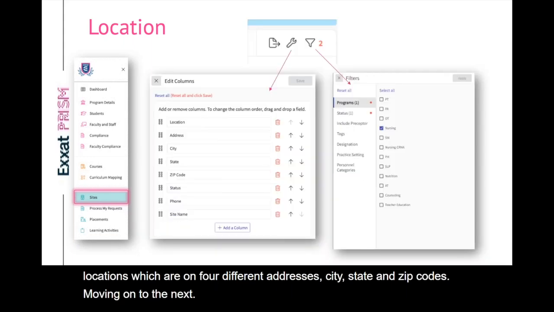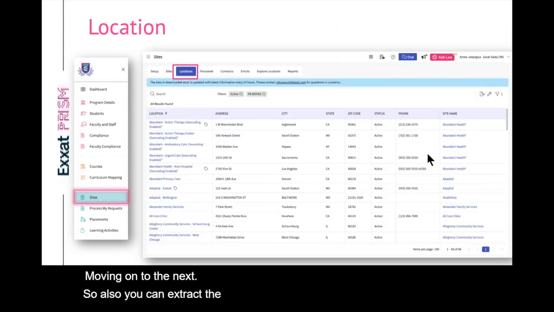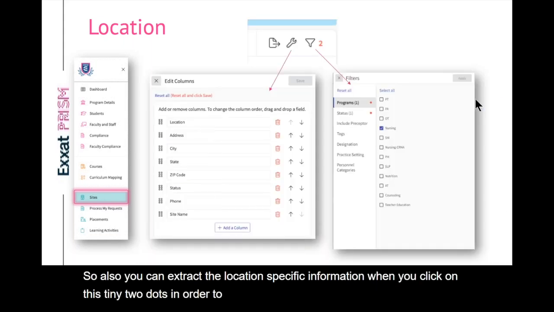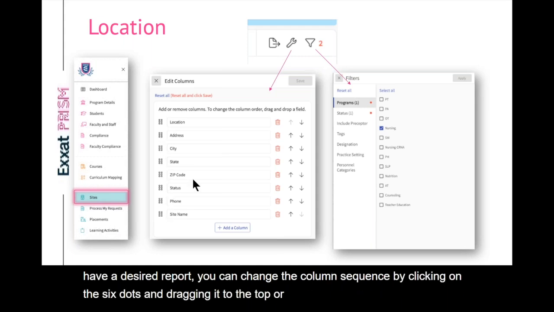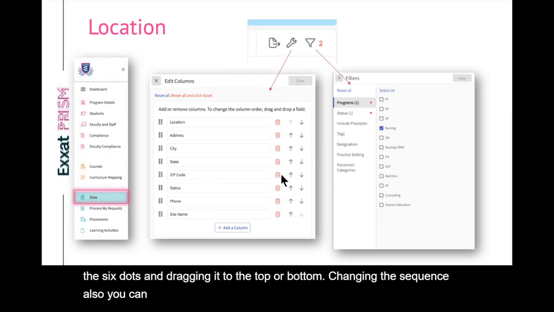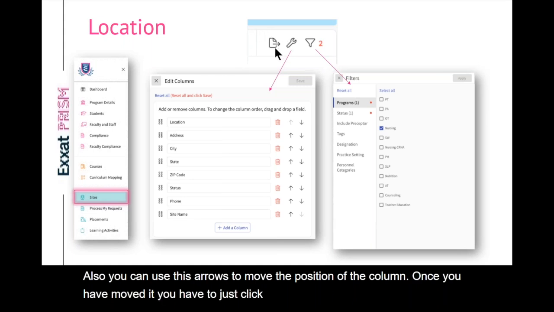So also you can extract the location specific information when you click on these tiny two dots. In order to extract, you can edit the column. If you wish to have a desired report, you can change the column sequence by clicking on the six dots and dragging it to the top or bottom, changing the sequence. Also, you can use these arrows to move the position of the column. Once you have moved it, you just have to click on this page icon to extract that location specific information